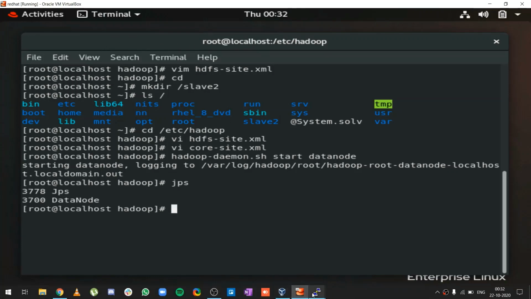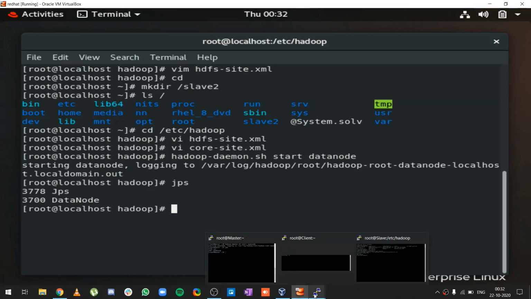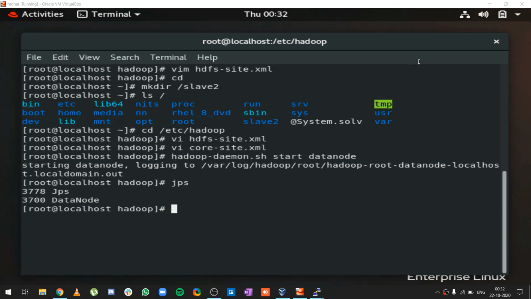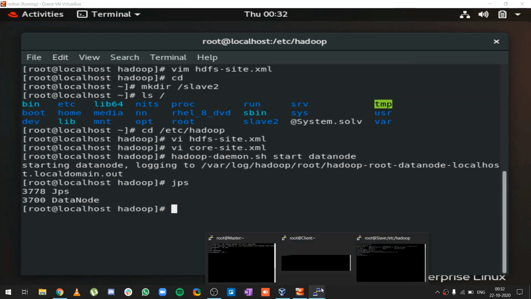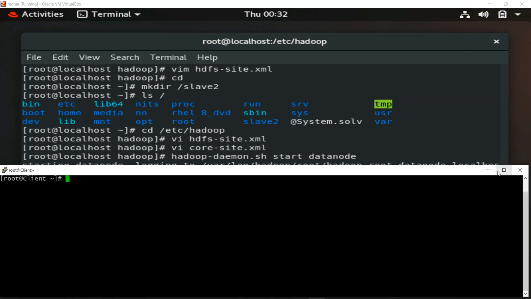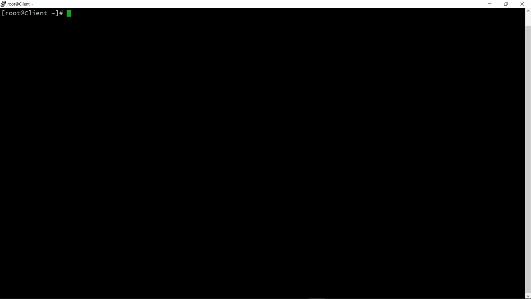Now I have to launch one client node. In the client node, we don't need to configure HDFS, we only need to configure the core file. Directly I will go inside my Hadoop directory.